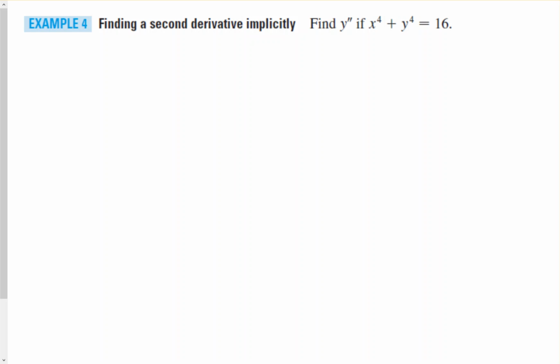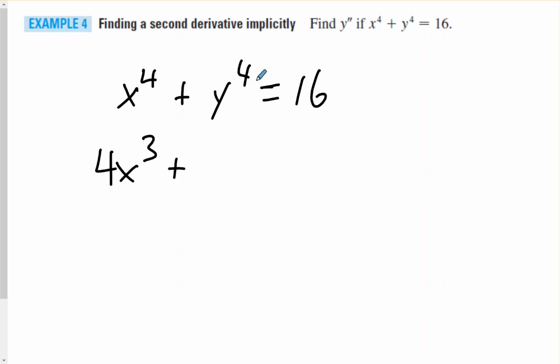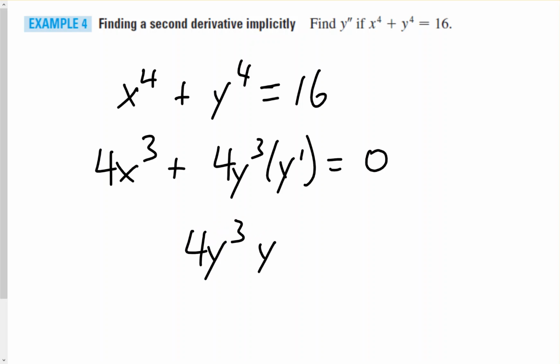So for the first derivative, let's first write our problem down. X to the fourth plus y to the fourth equals 16. We want to take the first derivative, so we get 4x cubed plus 4y cubed times dy dx. Let's use y prime since the notation is y double prime. And derivative of 16 is 0. Okay, let's subtract 4x cubed. So we have 4y cubed y prime